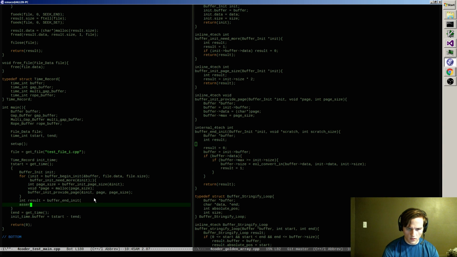So assert the result, and this is just I pass in the init pointer, and it wants some scratch size, so I'll have a scratch that I float around that'll be plenty big for that purpose.